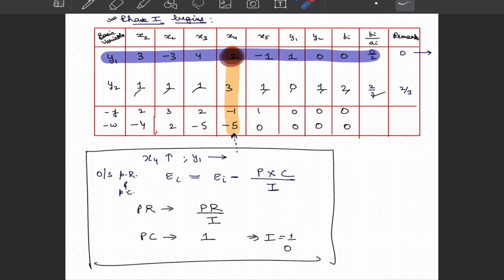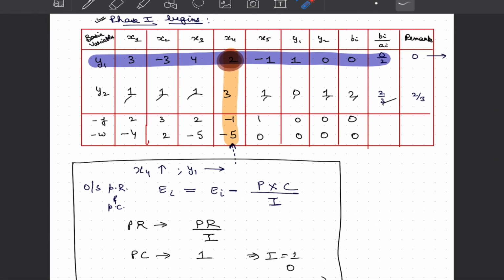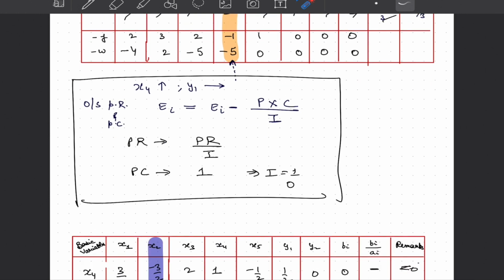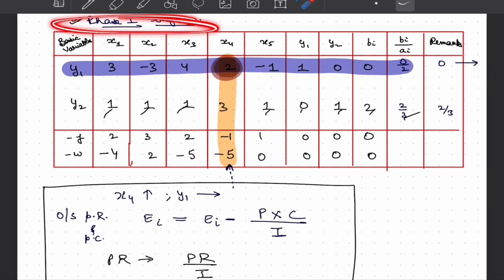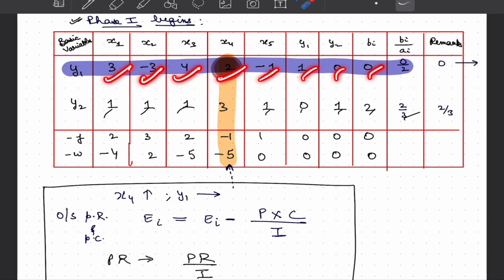Now I have already prepared these tableaus for you, because I have already told you the updation rules and so on, and this will also give you an interesting practice problem to work upon. But when we say that phase 1 begins, we will write our basic variables, which are y1 and y2, and we will write all the coefficients that we have in our original constraints in this tableau, and we will calculate these ratios later on. Then we will draw a demarcation line, and we will write minus f as well as minus w,